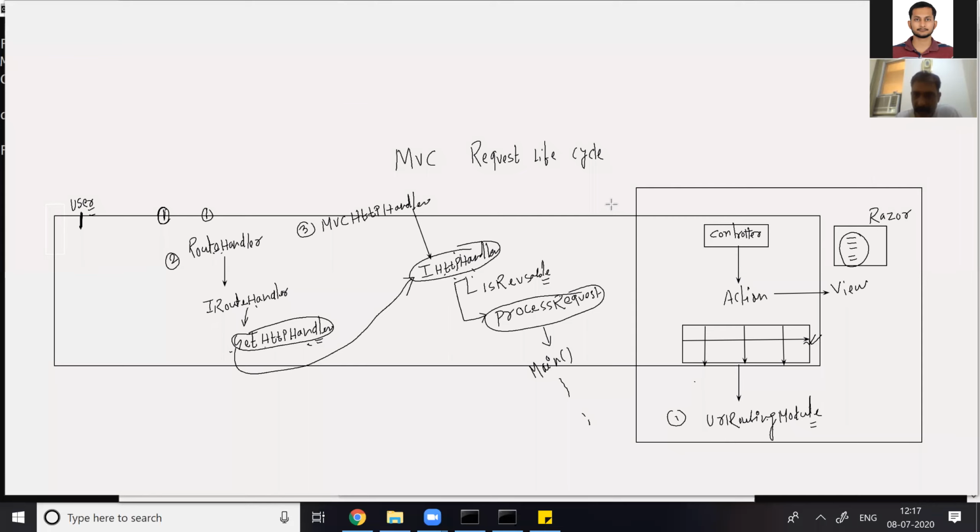So at this point, we have the factory, the controller factory.